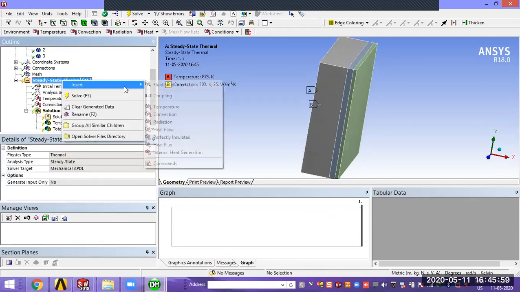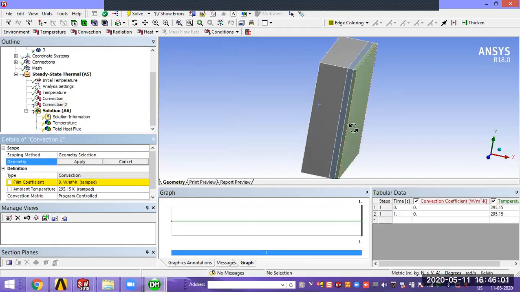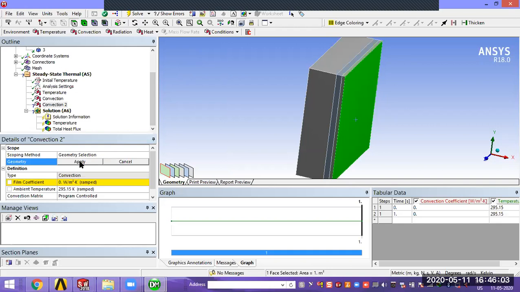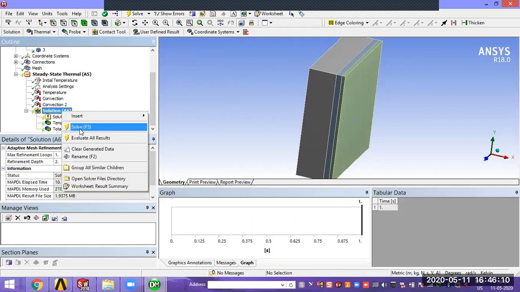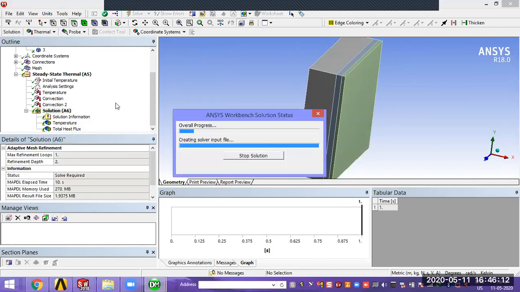And on the outside layer also convection is there, 45, with 303 atmospheric air. Now solve. Automatically the values are going to change. Now left side and right side both have convection.